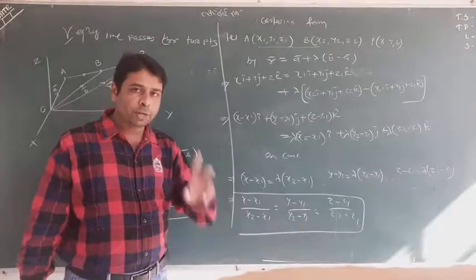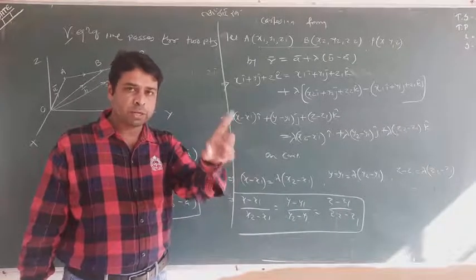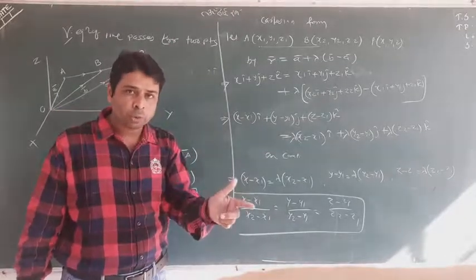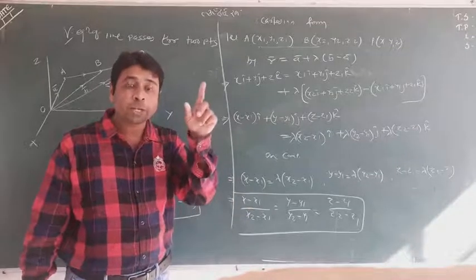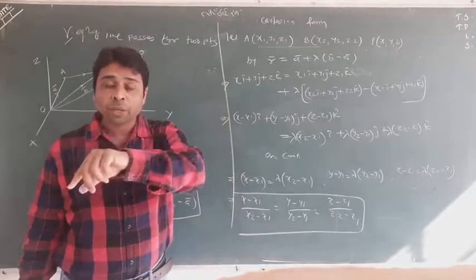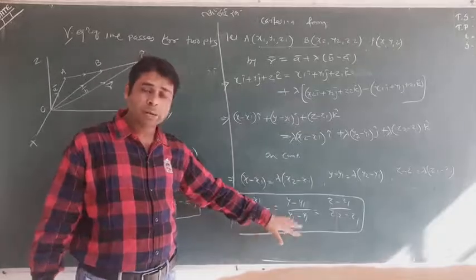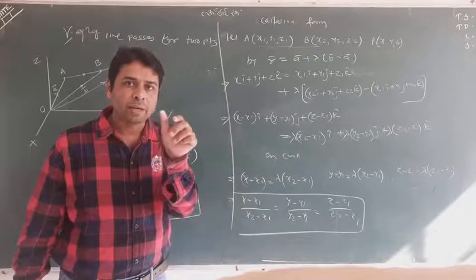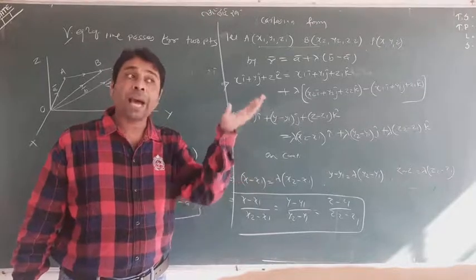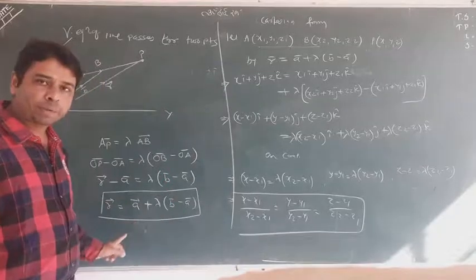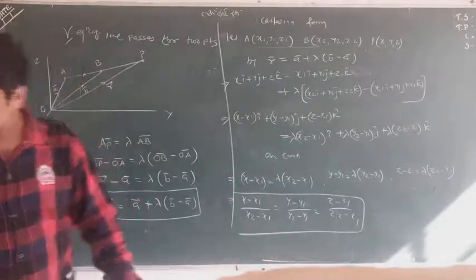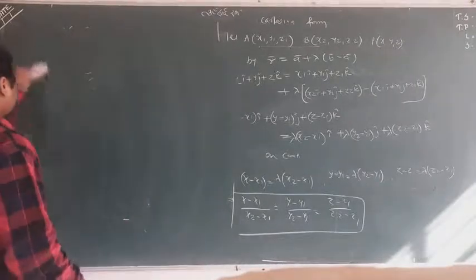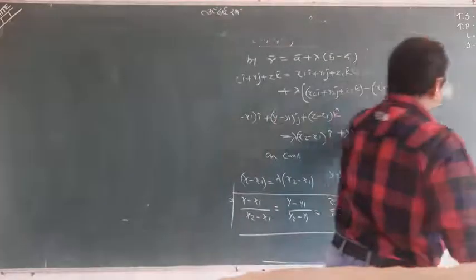You should only know that the first point's coordinates will be called x1, y1, z1, and the second point's coordinates will be called x2, y2, z2. If the question gives the position vector of A, the first point, as 2i plus 3j plus 5k, then to use this formula, take its coordinates only: 2, 3, 5. That is simple. So forget ijk, but take ijk only when you are preparing the vector formula. Now this is the important formula we studied. Remember this formula.